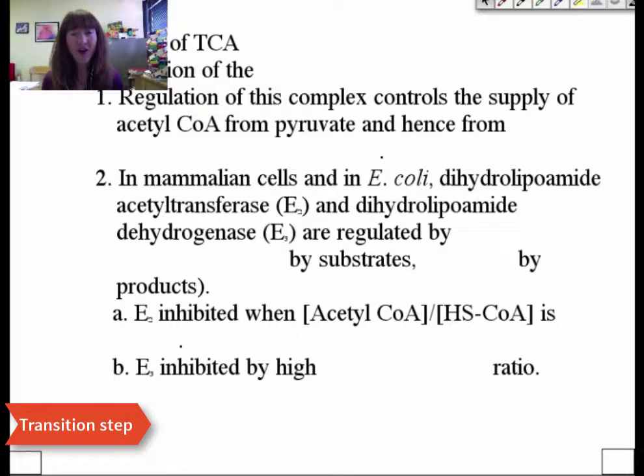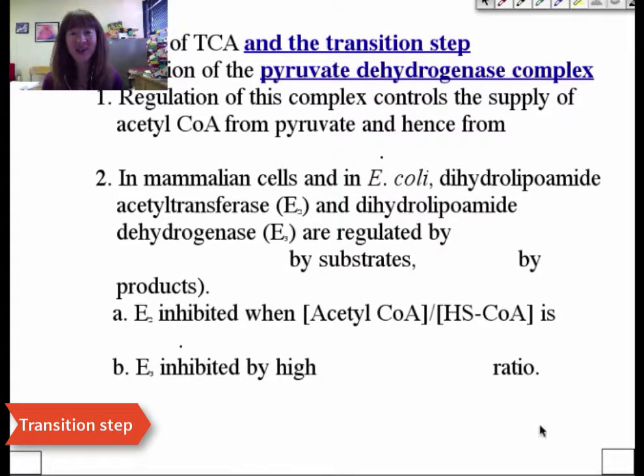Let's begin our conversation of regulation by talking about the regulation of the transition step first. And of course, more expressly, that means the regulation of the huge pyruvate dehydrogenase complex, the multi-enzyme complex of E1, E2, and E3. And we know now that this is really the regulation that affects the contribution of acetyl-CoA coming from carbohydrate catabolism. So to remind ourselves of what's going on here, let's go ahead and jot that reaction down,